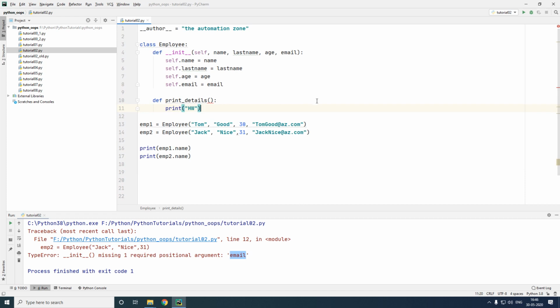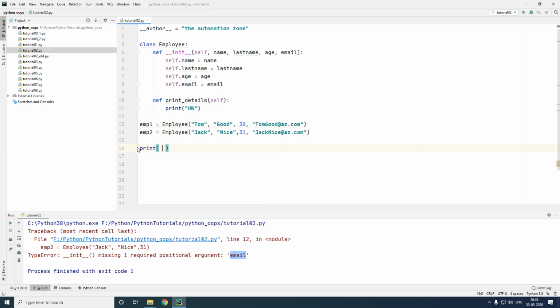And when you create a method, one thing is mandatory: it should have at least one parameter, and that parameter is parameter self. Now why is this helpful? This is helpful because of this reason. What if your boss would tell you, hey, go ahead and print the details of all of my employees? You would have to write a code like this. Let me remove this line.